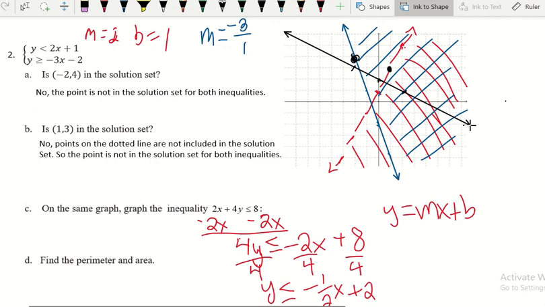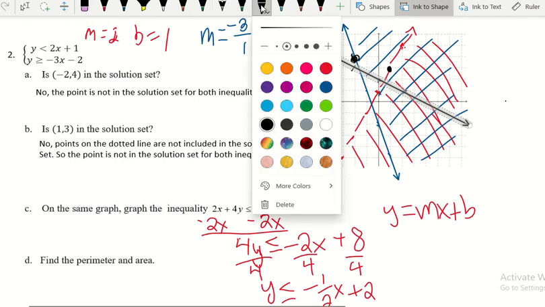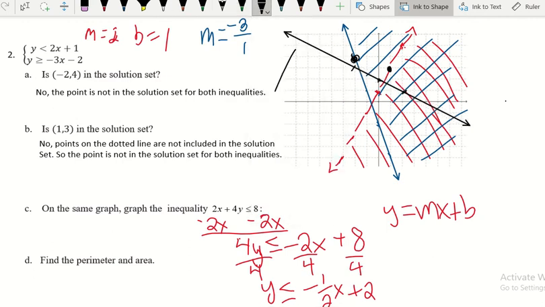So we're going to look like this. And it is a solid line because it's less than or equal to. And because it's less than or equal to, we are going to go shade down here. Okay. So we're just going to go ahead and shade down. And when we do that, we get this